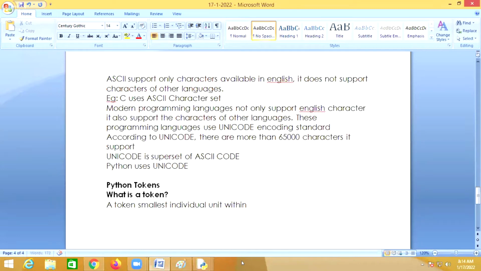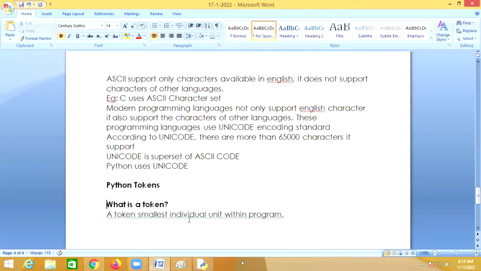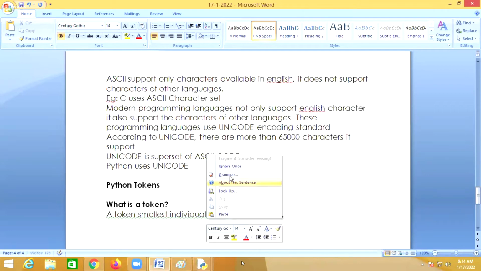A token is the smallest individual unit within a program.